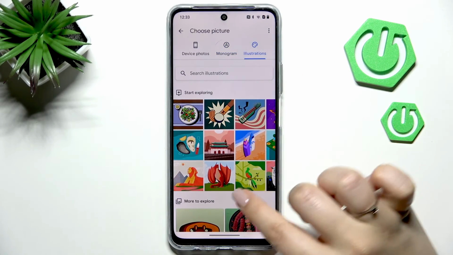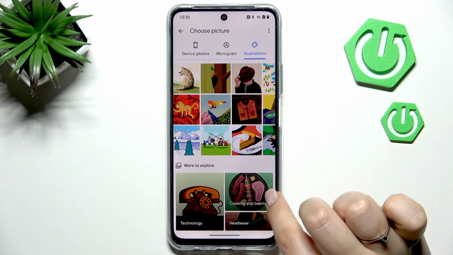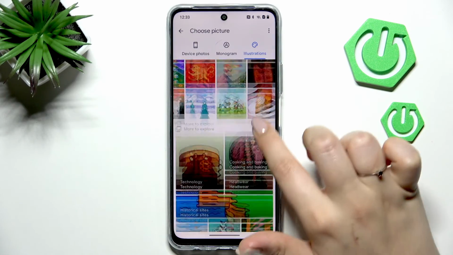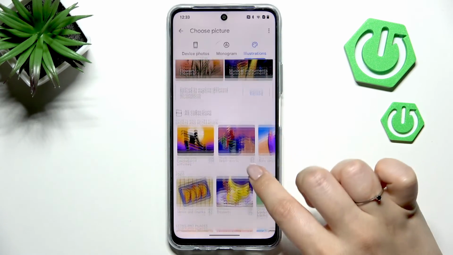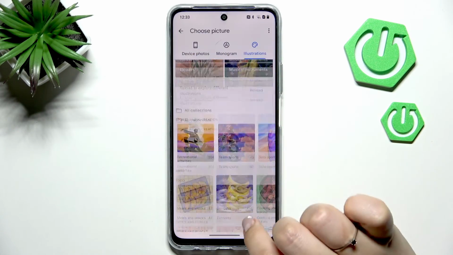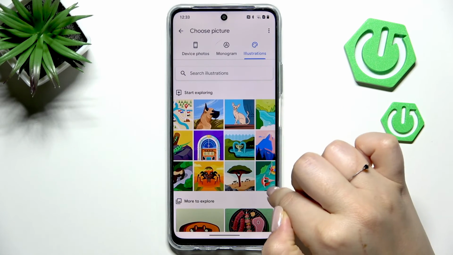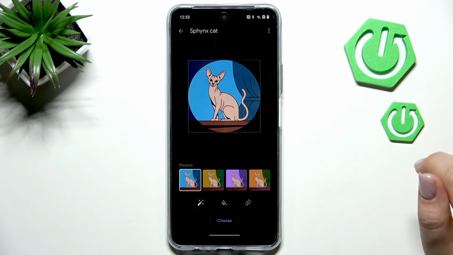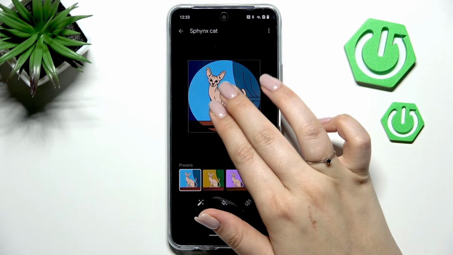Or we can use illustrations, which are free of charge and they are available online, so you can find something which resembles you or the person whose contact you'd like to customize and set it as their photo. So let me choose maybe this one, and then